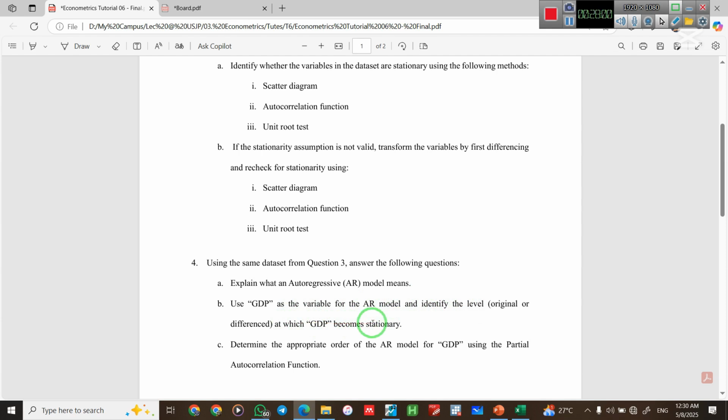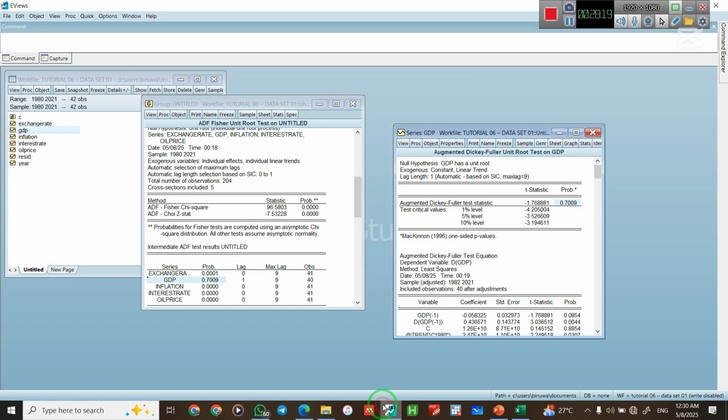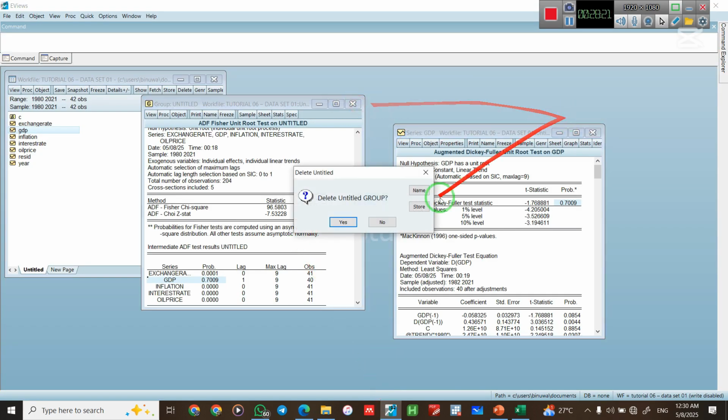Previously I have only checked stationarity for the exchange rate and not for any other variable. So first of all I need to check the GDP and identify at what level it becomes stationary, right? To do that I will go to EViews, close all of these things